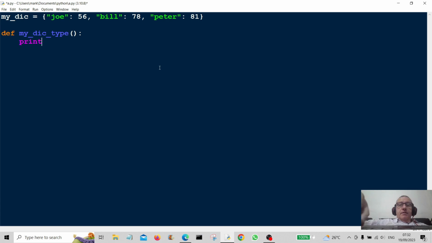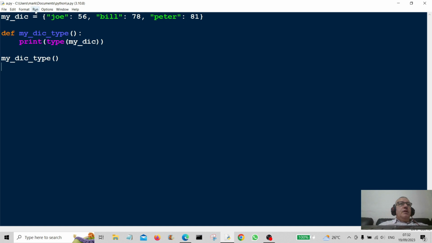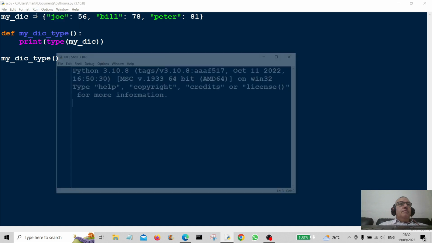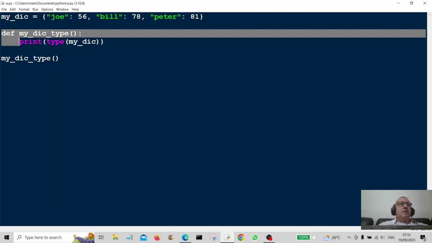Going to print type myDic, just to show you that this is actually a dictionary, so we can see what the data type is before we start on this. So I'm just going to run this, and there you go, class dictionary. Okay, so we'll just get rid of that,